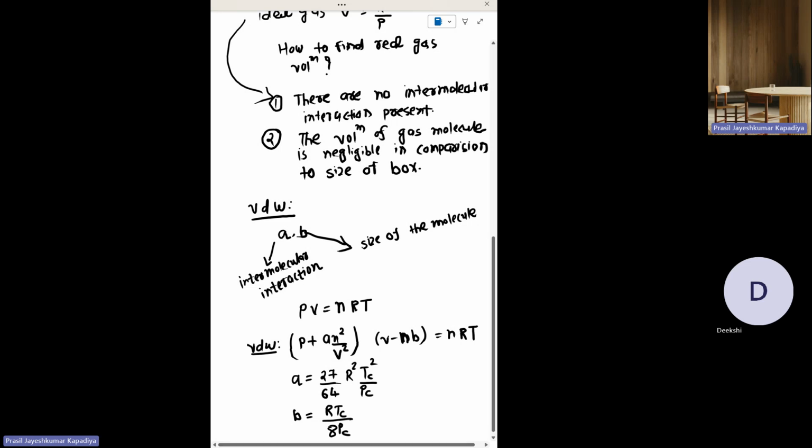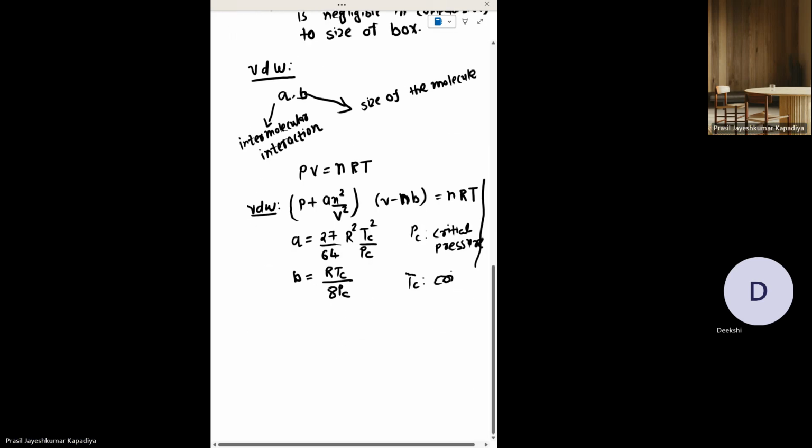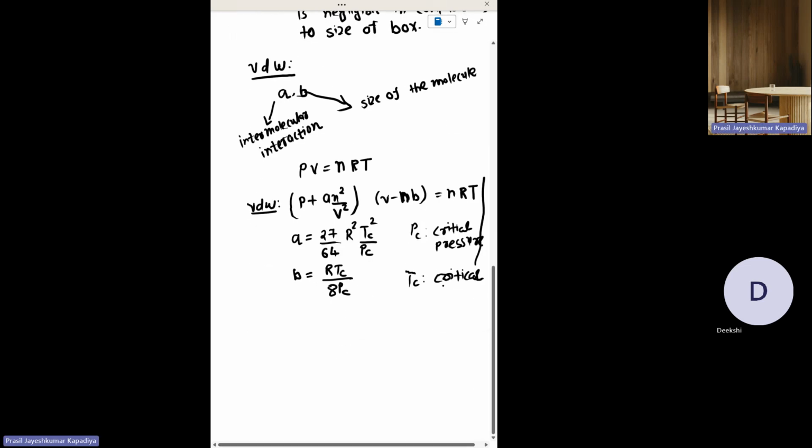So if we know these critical properties, Pc is nothing but critical pressure, and Tc is nothing but critical temperature. If we know these two parameters, then we can actually calculate the volume of any gas molecule at any given pressure